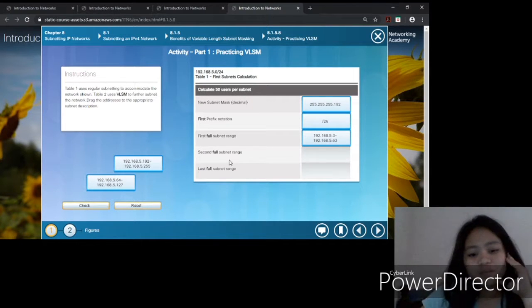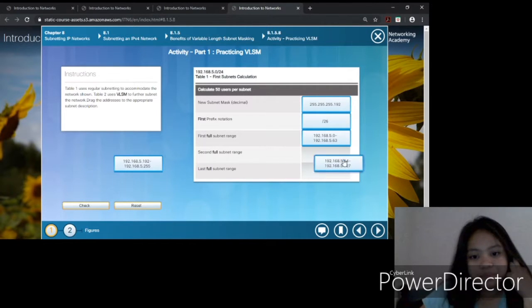And the second full subnet range is 192.168.5.64 slash 192.168.5.127. And the last full subnet range is